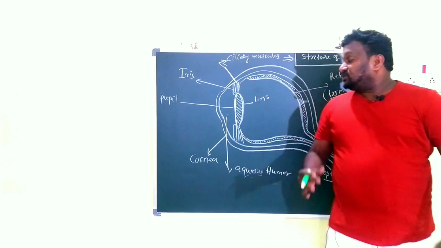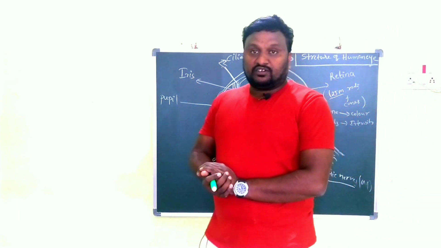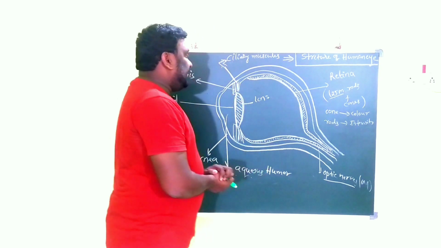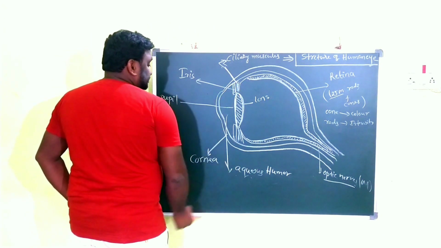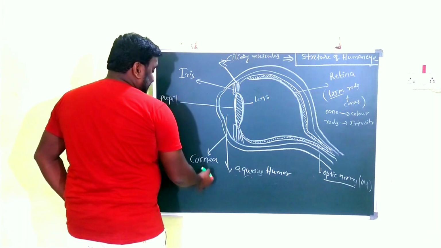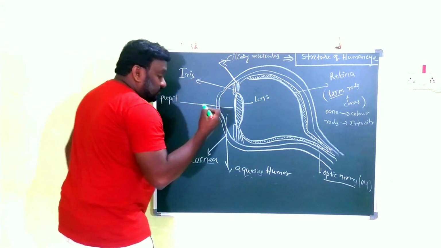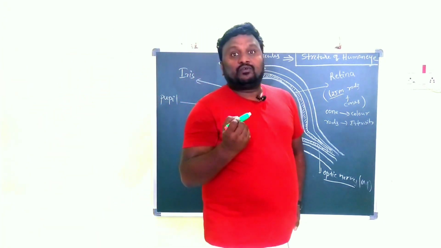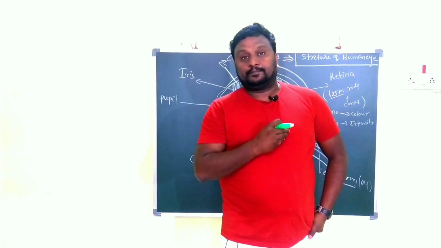So this is the human eye structure. Okay. And now what you have to observe is the functioning. Look at the diagram carefully here. The front portion is called the cornea. The white layer we find on the outside is the cornea.